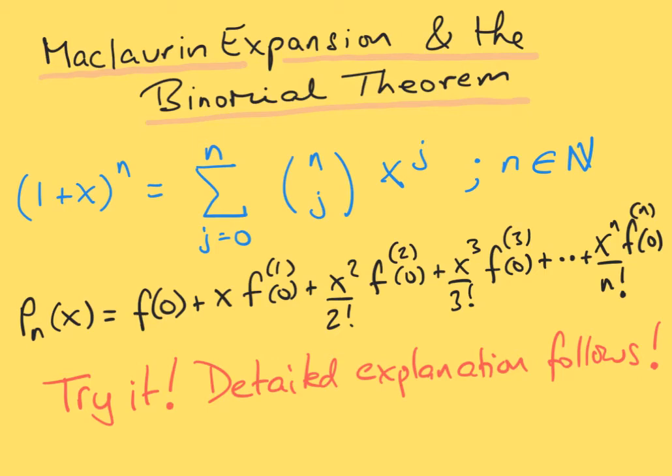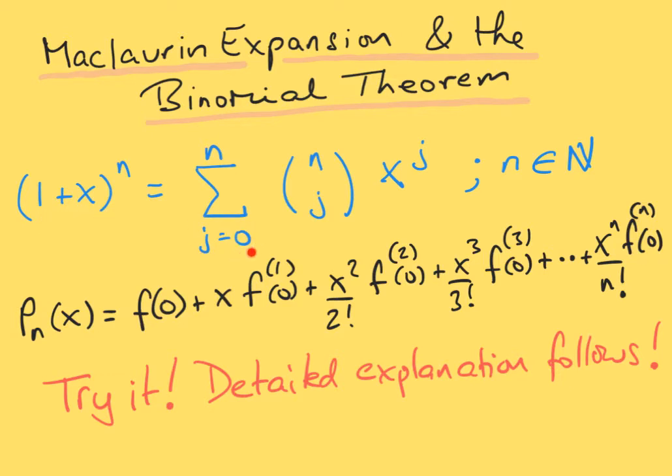So in this video, what I want to do is to look at the Maclaurin expansion and the binomial theorem. And here is the binomial theorem written out. So if we have 1 plus x to the power of n, and I'm thinking of n as a natural number, a positive integer, 1, 2, 3, 4, etc., then we can write this according to the binomial theorem as